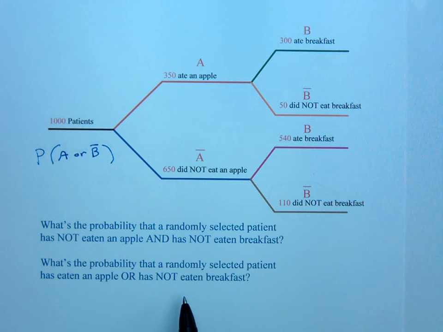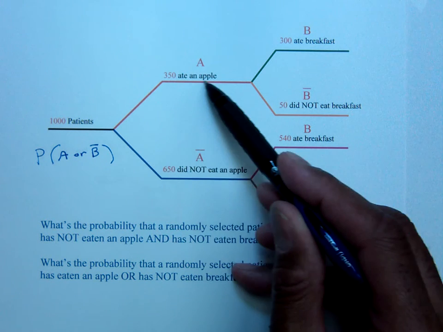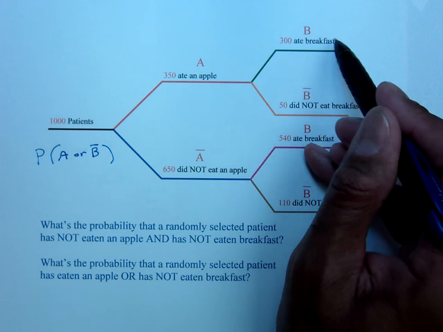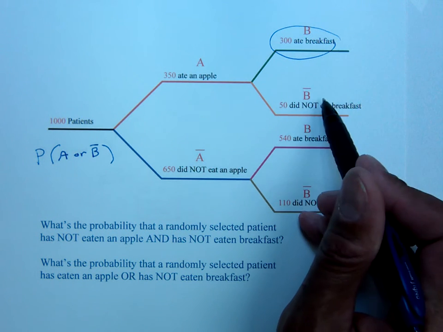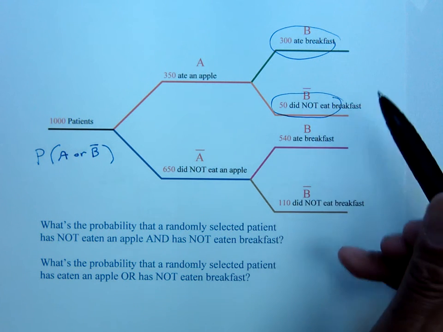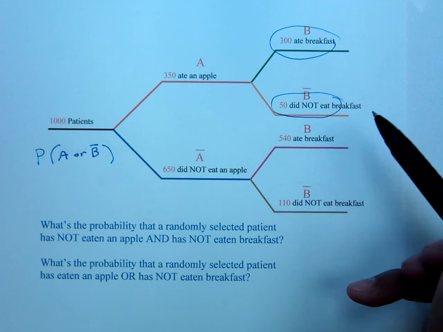So the first thing we want to do is add up the people who have eaten an apple. Well, that's everybody on this branch, 350 people. Those 350 people include 300 who ate breakfast and 50 who did not eat breakfast, but they still ate an apple. We also want to consider people